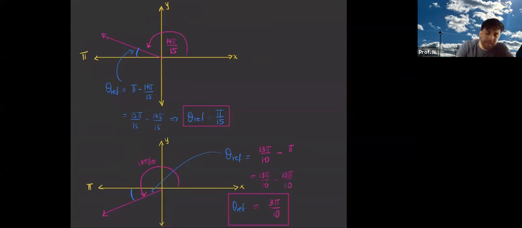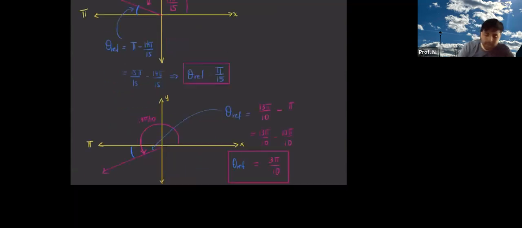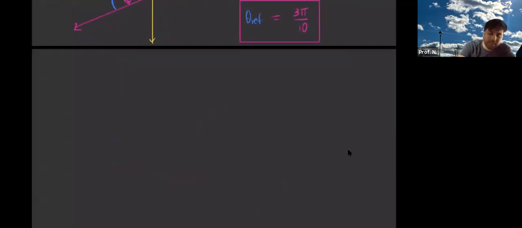So the way we find the reference angle is dependent upon what quadrant you're in. If you're in the first quadrant, then the reference angle most likely will just be that angle, positive. If you're in the second quadrant, you would most likely have to do what? Pi minus the angle. If you're in the third quadrant, you would most likely have to do what? The angle minus pi. And if you're in the fourth quadrant, you had to do 360 minus the angle, or 2 pi minus the angle. So why don't we summarize that? So in summary,